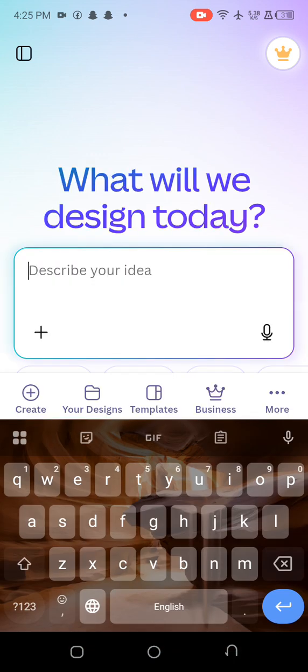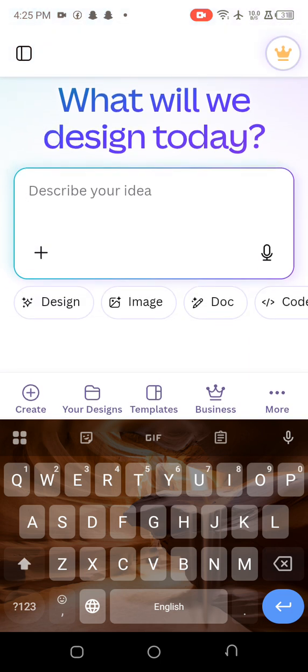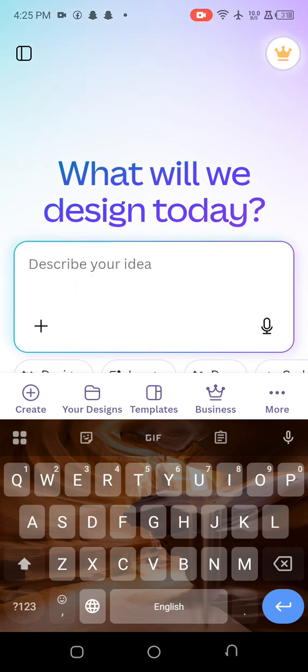So I was trying to make a logo video in the last class, but because of some issue, I could not complete it. So here you're going to describe your logo. I will be using logo first, before the graphic design or any design. So we want to create a logo again using this Canva AI, just in case the last video you didn't really understand it more, or you can't create a logo, or maybe the old logo you are seeing there, just because they are on the free version, you don't like it, you can come to your Canva AI and ask, I need